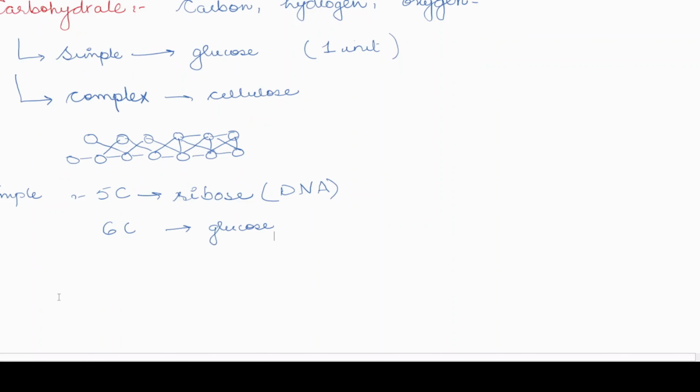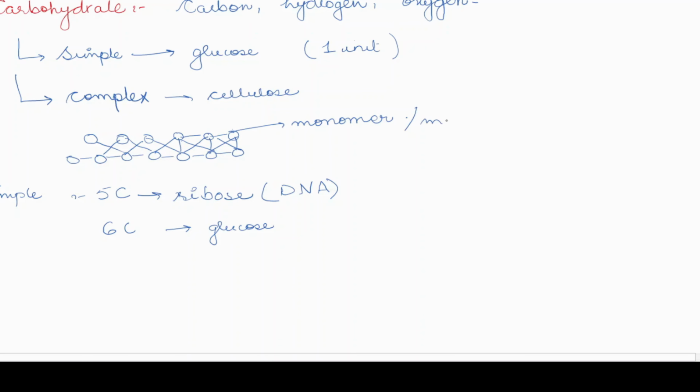Okay, so let's have a general introduction that there are two classes. One is called simple sugar, the other is known as complex sugar. Now I'm giving you a bigger view for this one. This one unit is known as monomer or monosaccharide. Mono means one, mer means unit, one unit.